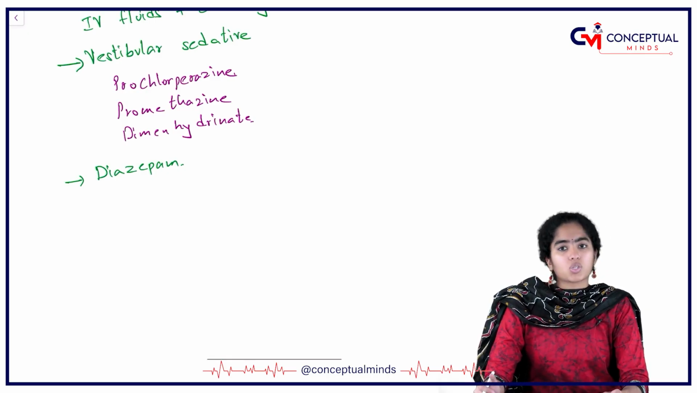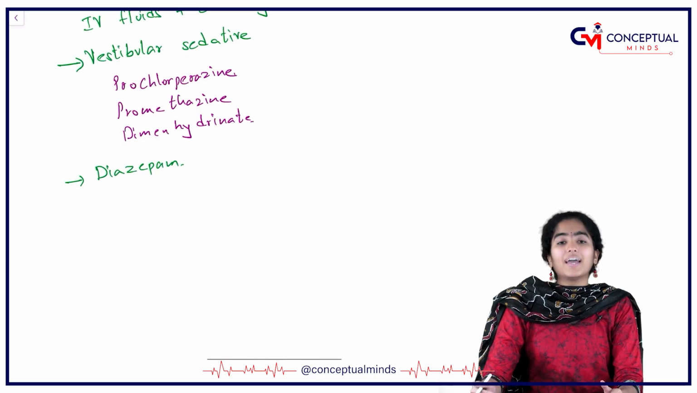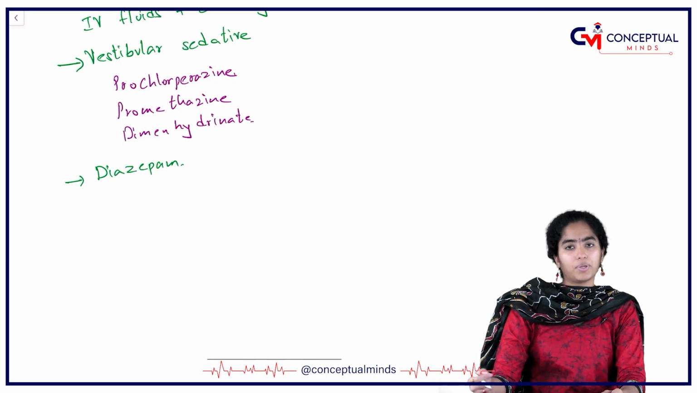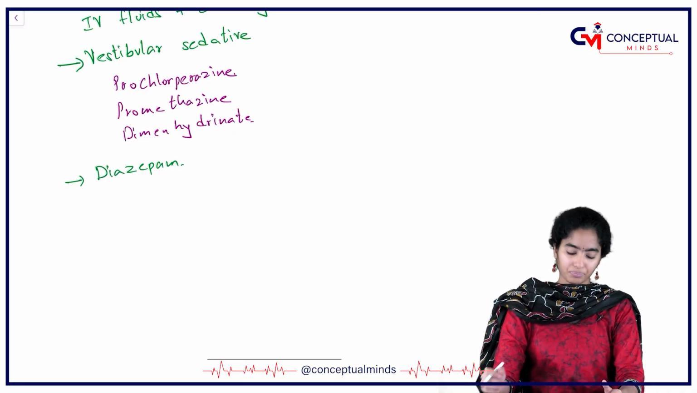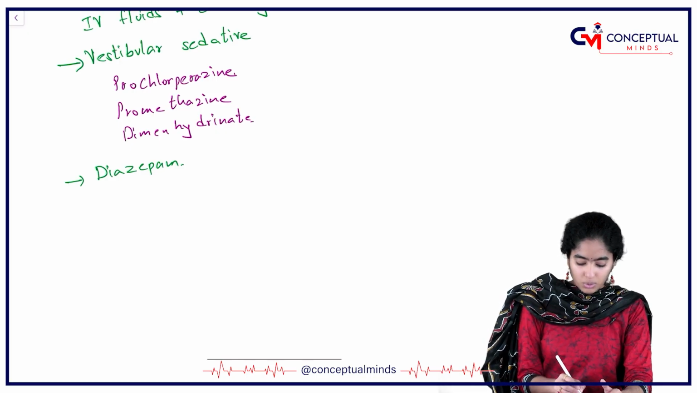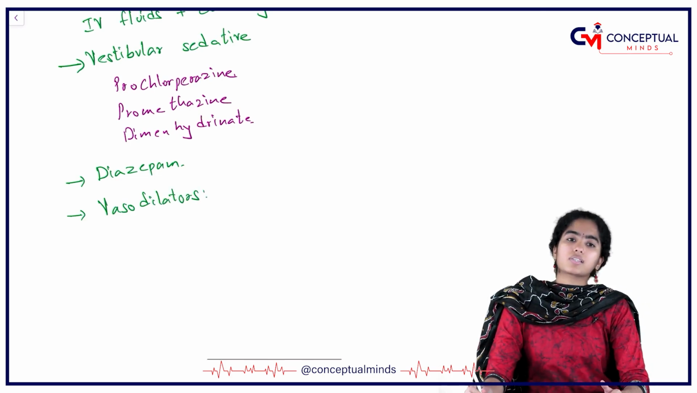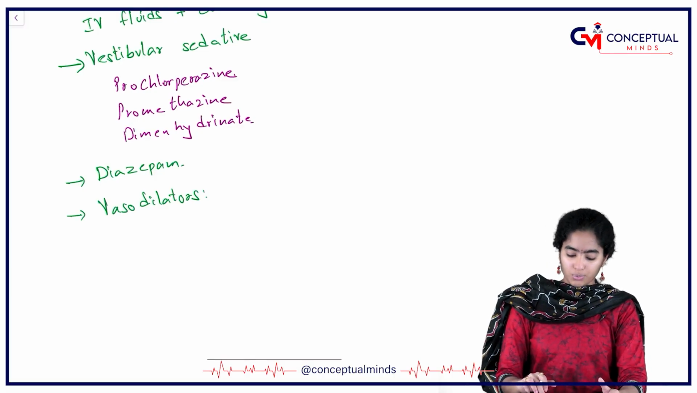Plus diazepam will also suppress the medial vestibular nucleus. Okay. Even atropine is used in some cases. A subcutaneous injection of atropine is given and that will also subside the effect. Plus, along with these, we also use vasodilators. Vasodilators will produce some relief. So, some vasodilators that are usually used are